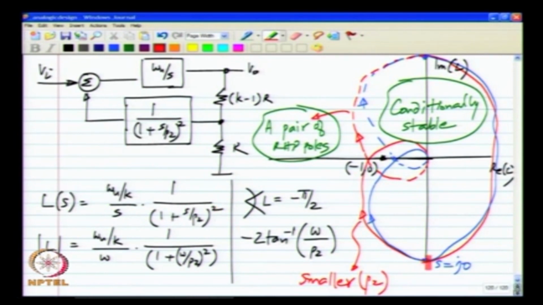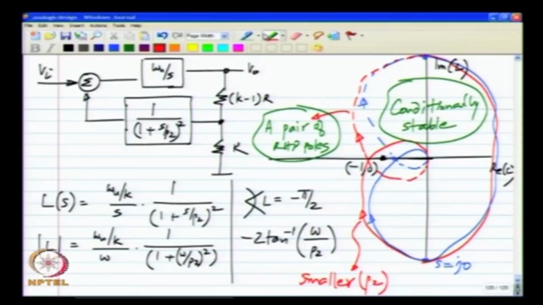So, in that case the Nyquist plot can approach the origin only from this angle, it cannot cross the negative real axis, but once the total phase lag exceeds minus pi, it can cross the negative real axis, and only if it crosses the negative real axis can it encircle the minus 1 point. So, the bottom line is that if you have a second order system, it is unconditionally stable, and if you have third and higher order systems, it is only conditionally stable, because if you take now, for instance, let me take